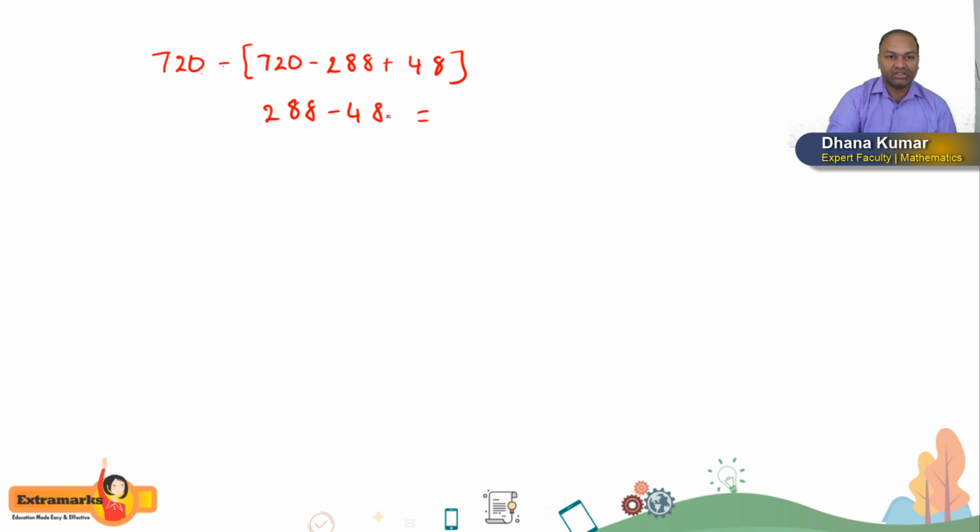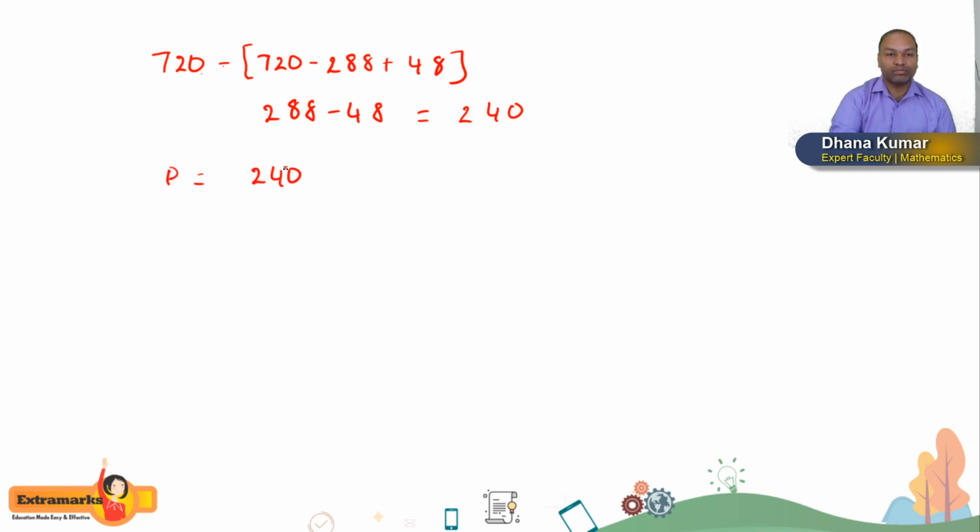Total means 720 minus, the inclusion exclusion principle I told. So case 1, 720, minus case 2 answer 288, plus case 3 answer 48. Expansion: 720 minus 720 cancel, minus into minus plus, so that is 288 minus 48. So that is equal to 8 minus 8 is 0, 8 minus 4 is 4 and then 2. So favorable cases 240. Then probability answer will be